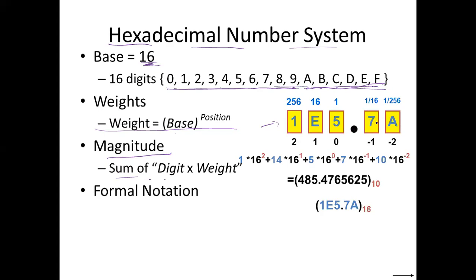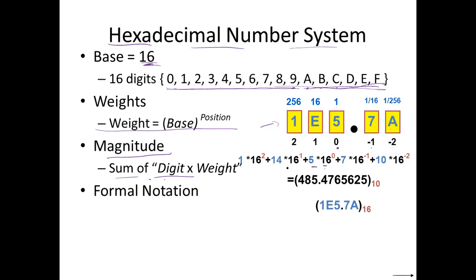So this number is given in hexadecimal number system. Okay, so we don't know what this means, so we have to convert this into decimal number system, so we will use this formula. Okay, so this is the position 0, 1, 2, and this is -1, -2. So 16 raised to power 0, here 16 raised to power 0 multiplied by 5,